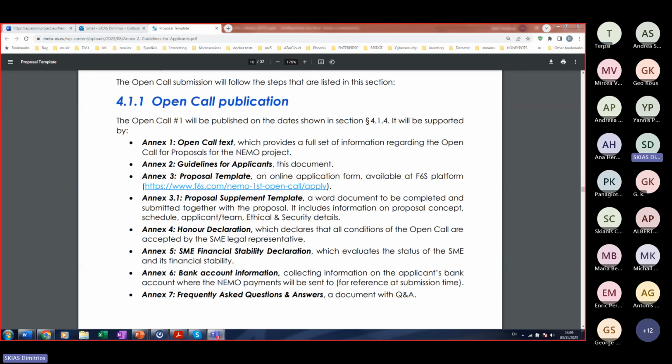Thank you, Terpsy. And as Terpsy said, because the preparation of the proposal to be submitted for the open call might take time, please consider starting a lot earlier. The deadline for submitting your proposal, once again, is on the 30th of November, at the end of November. The portal will close at 5 CET Brussels time. So please don't leave your application until the last minute. As Terpsy said, you might have questions or issues, so please be proactive about that.